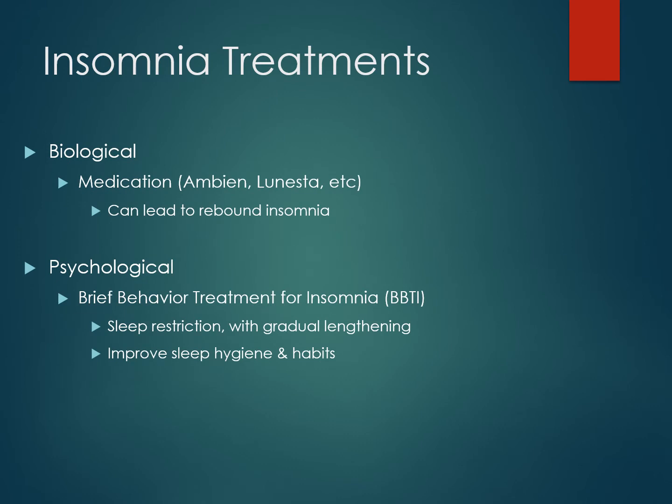There are medications that are often prescribed for insomnia, such as Ambien or Lunesta, but there are many problems with them. The first is that they are only actually supposed to be used for a short time, and not chronically like many people end up using them. When they are used for more than about 4 weeks, people can become dependent on them and experience tolerance, needing to use more of the medication to sleep, and they are likely to experience withdrawal symptoms, specifically in the form of rebound insomnia.